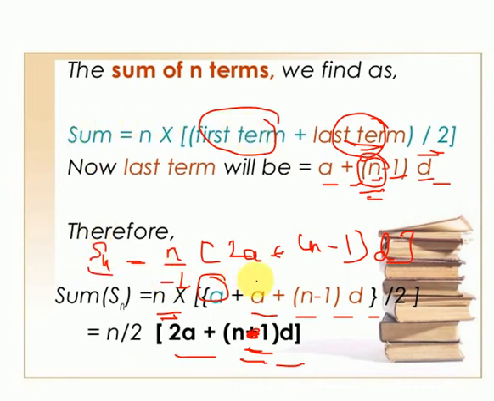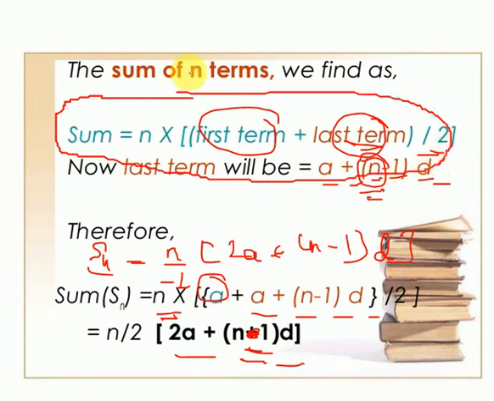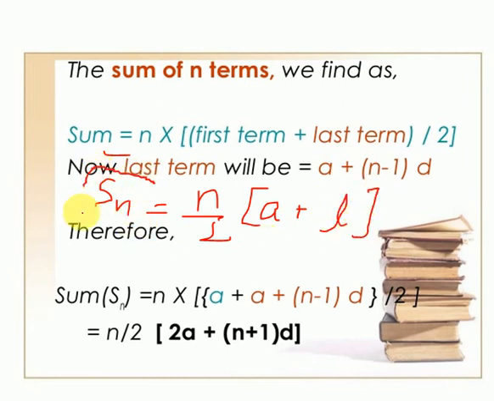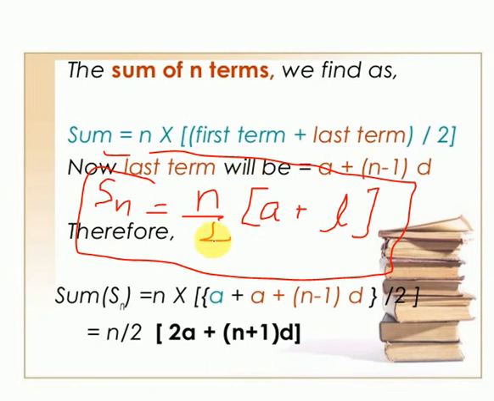Now here you can see that we have two formulas for the sum also. Sn is equal to n upon 2 into 2a plus n minus 1 into d, and this also is the sum. Let me rub this first. Okay, so this is also the sum, that is Sn is equal to n upon 2 into first term, that is a, and last term we can write like l. So this is also a formula. This can also be used in the questions. Sn is equal to n upon 2 into a plus l. Understood?